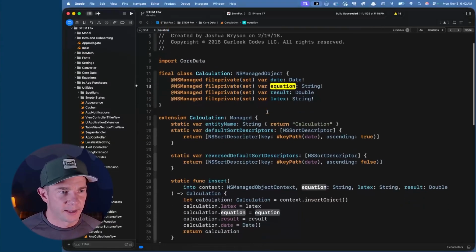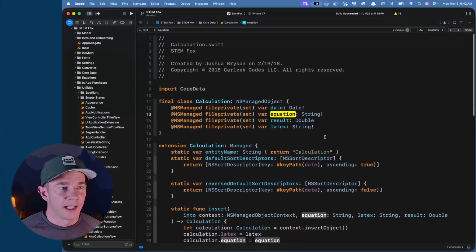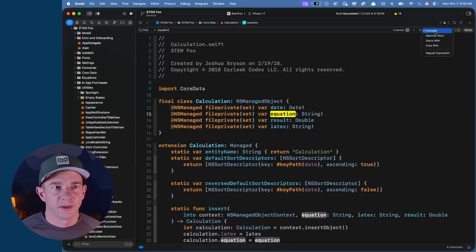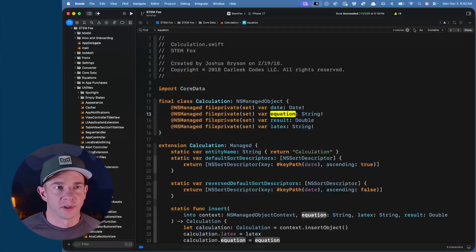And I get 4 matches. You see, you got these 4, it highlights them. You can toggle through them, you can go backwards. And that's pretty helpful. They also have these other things. You can say matches words, starts with, you can filter it. Pretty cool up there. You can require it to be case sensitive with this button. And you can add different types of input, like say you only want digits or white space to come after equation. Like if I say digits or say I want anything with,